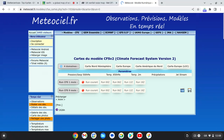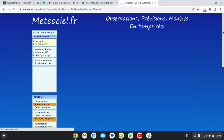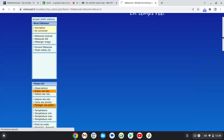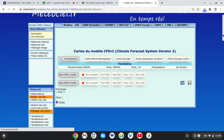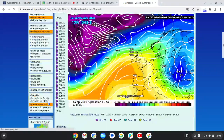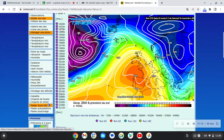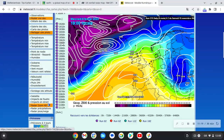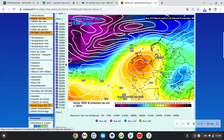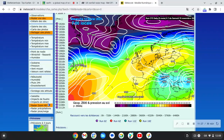On the 7th of February, we're not far off the end of winter. We're only another month away. So it's not looking the coldest, is it, at the moment? Not looking the coldest in the world. It's still quite mild. And as we carry on, high pressure fails to go to Scandinavia. Tries again. It does go to Scandinavia here, and we do bring in, finally, a cold easterly wind from the